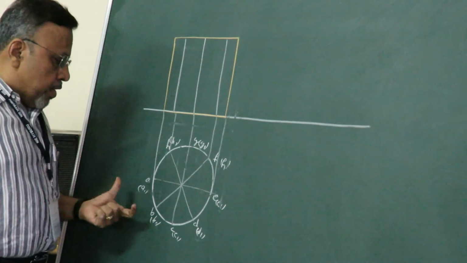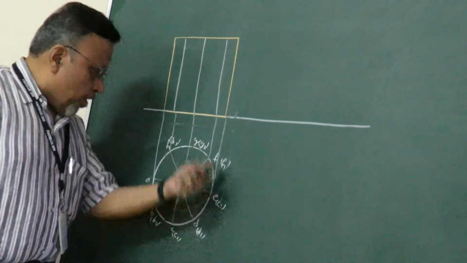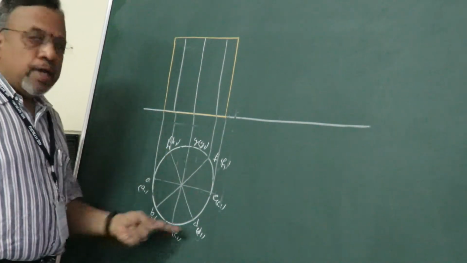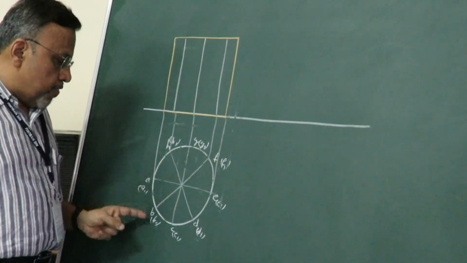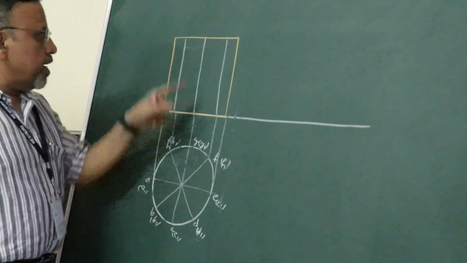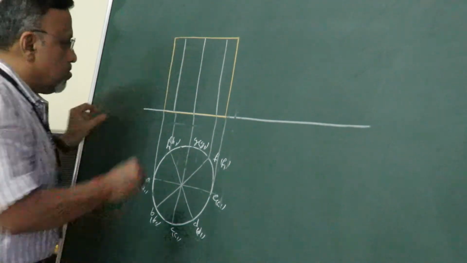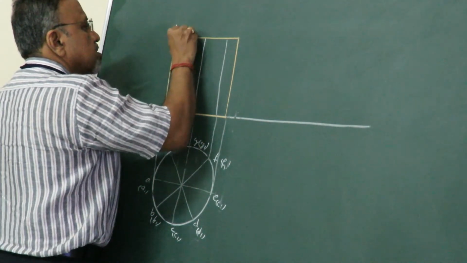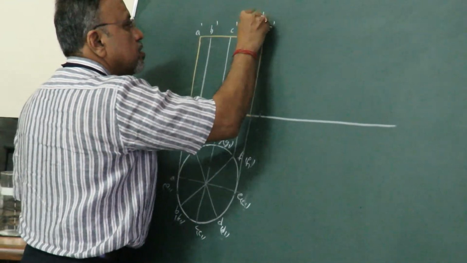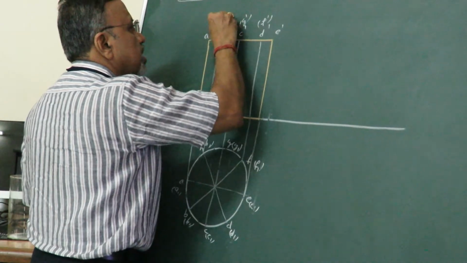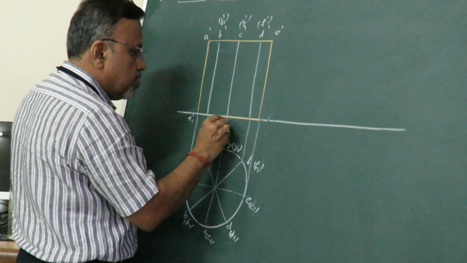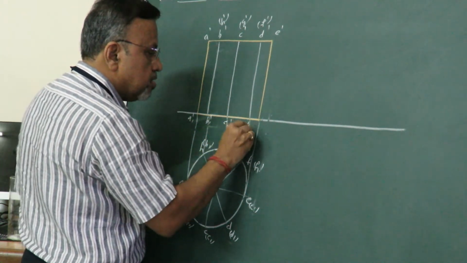Now as you can see, which points will be on the XY line, because you have A1, B1, C1, D1 and A, B, C, D, E. So as you can see, your A1, B1, C1, D1 should correspond to the bottom base and A, B, C, D should correspond to the top base. Okay, so let us write that A dash, B dash, C dash, E dash, F dash, G dash and H dash. Similarly here A1 dash, B1 dash, C1 dash, D1 dash,